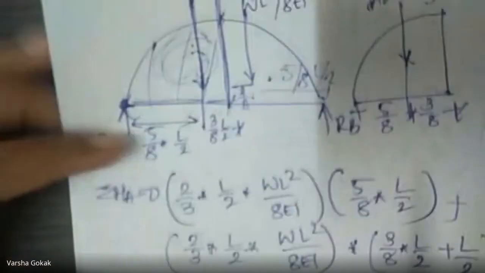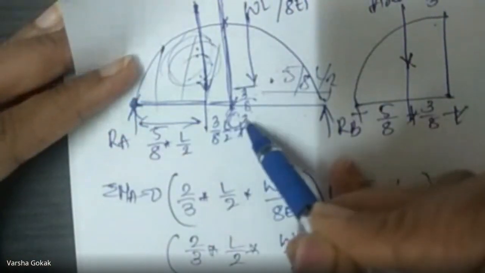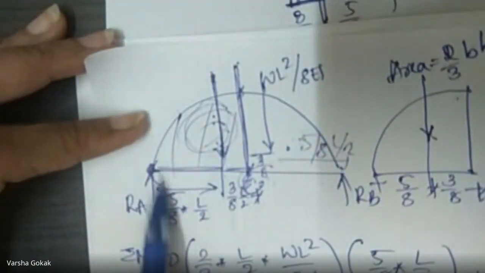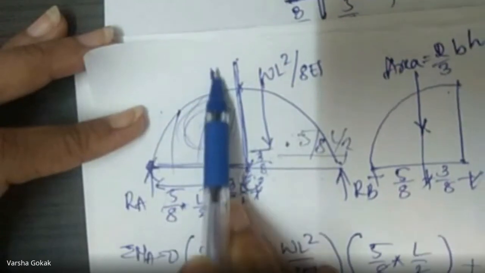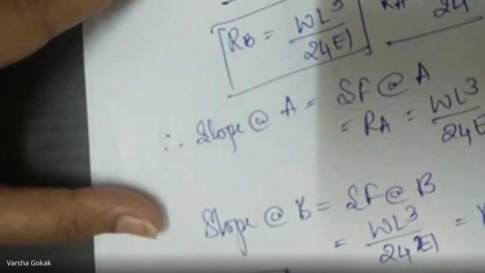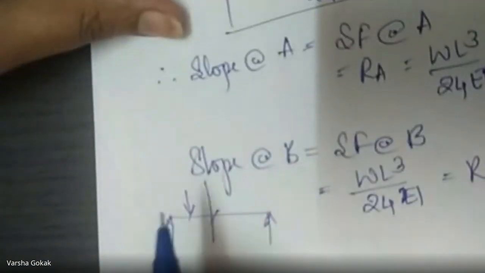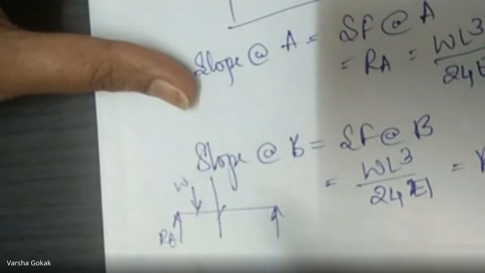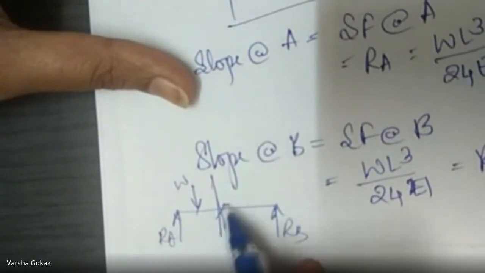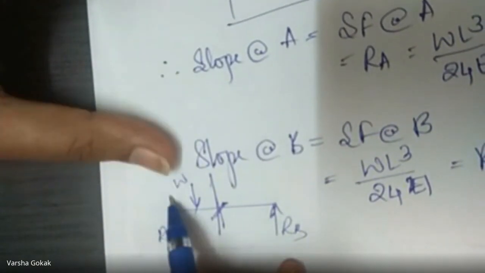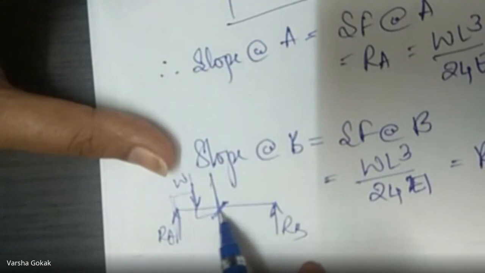Once RA and RB are done, then what we have to find? We have to find the deflection at the midspan. If I ask you to find shear force at C, can you do? This is the midspan C. How do you get the shear force at C? RA, you have minus this area. How do you draw a shear force diagram when you have a point load? Let's say there is a point load over here. And this is some value RA, this is some value W, this is RB. And I ask you to find the shear force at this junction. What you will do? First you will start like this, RA. No load till here, minus W. No load till here, nothing is there. So till here it would be RA minus W.